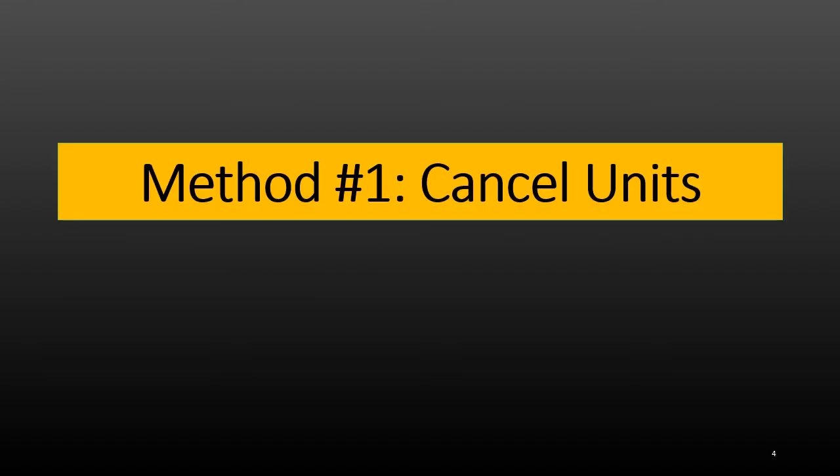The first method is to cancel units. What does that mean? It means that units in the denominator cancel units in the numerator and vice versa. So if you had, say, a fraction that was 3 grams per liter, and you were multiplying that by a liter, 1 liter, or let's use our conversion factor here,